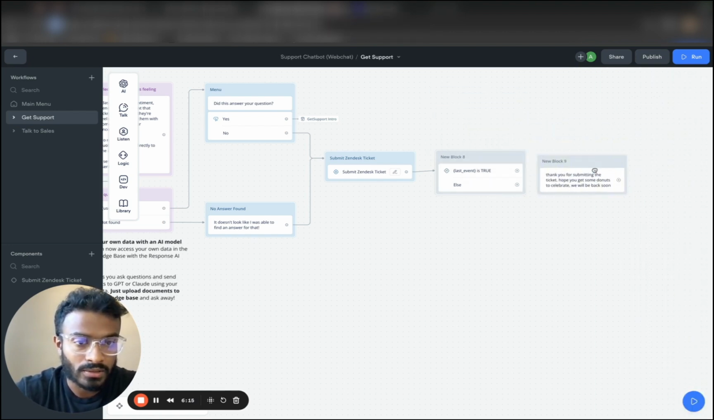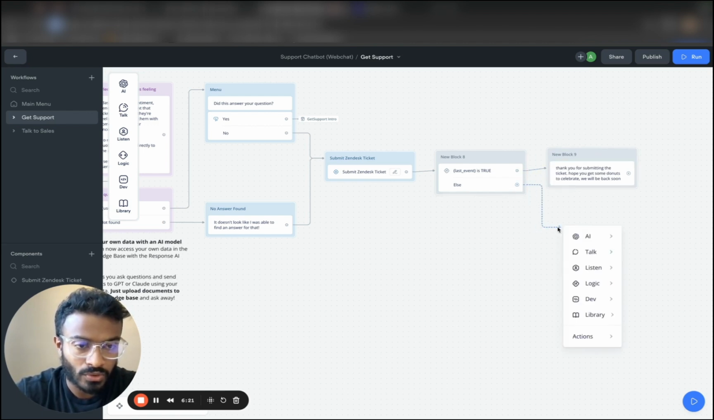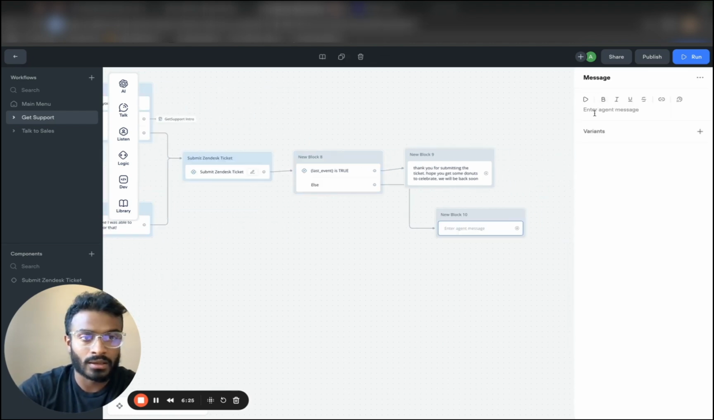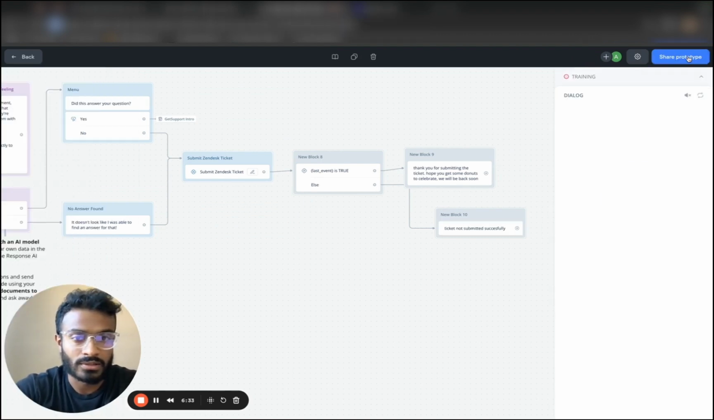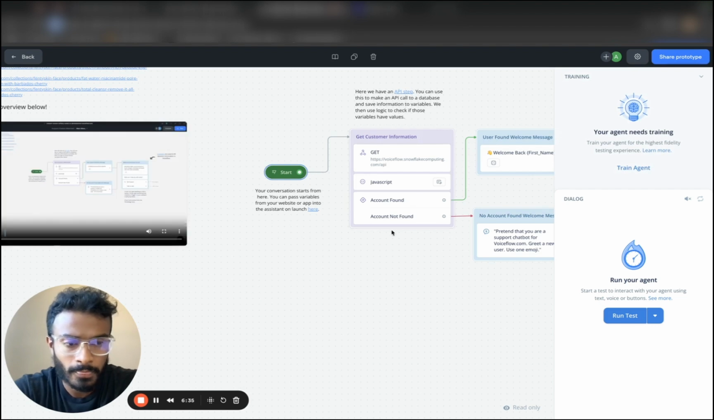Okay, let's go ahead and try this. And we're going to do boom, and then we're going to do an else statement, which is going to be message back saying ticket not submitted successfully. Let's try this. So run test,